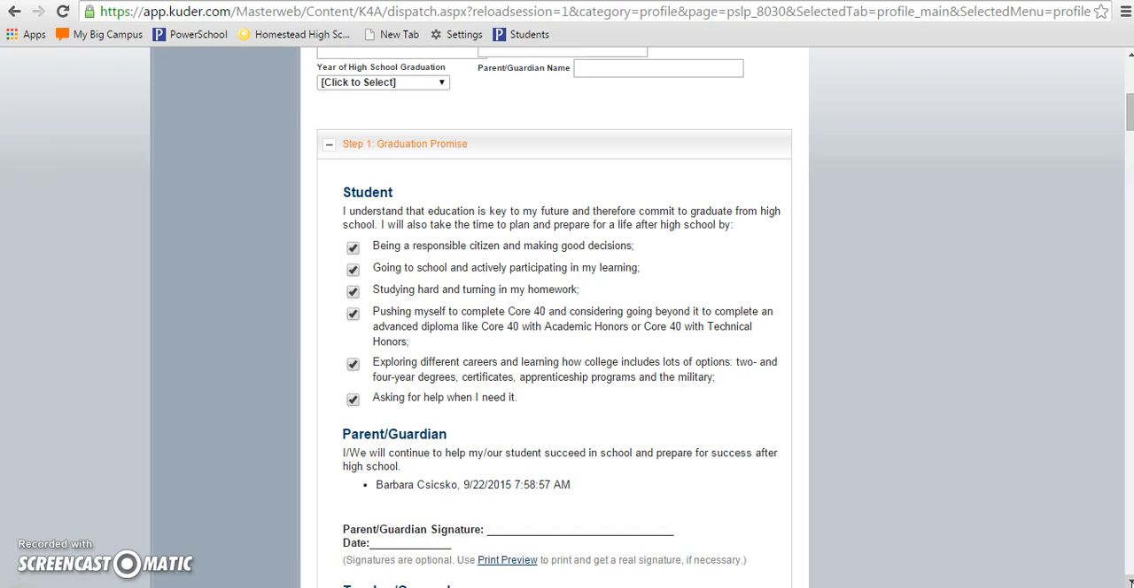This is the most important component of your plan because it describes the actions you are going to take to achieve your plan. Specifically, it states that you understand education is key to your future and therefore commit to graduate from high school. You will also take time to plan and prepare for life after high school by being a responsible citizen and making good decisions, by going to school and actively participating in your learning, studying hard and turning in homework,